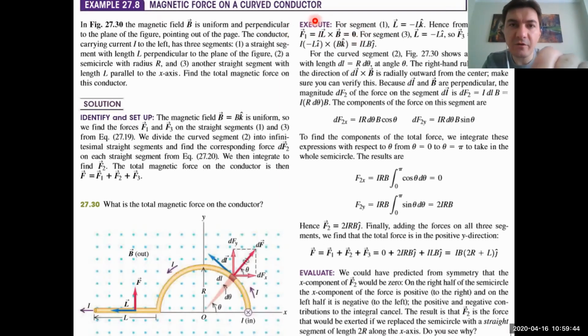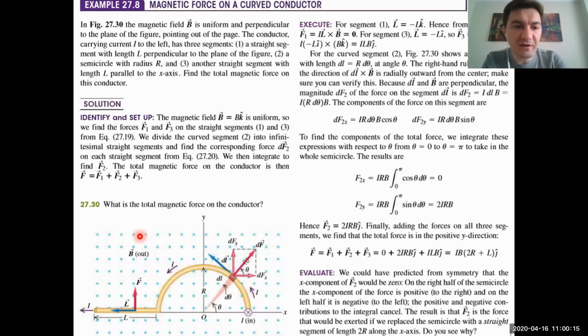So then from the vector product, we will get 0 force from that component, from the first segment, right? And for this segment, the direction of the current is along the negative x direction, okay? So then L can be written like this, minus L i, negative direction of the x. And then by applying that rule,